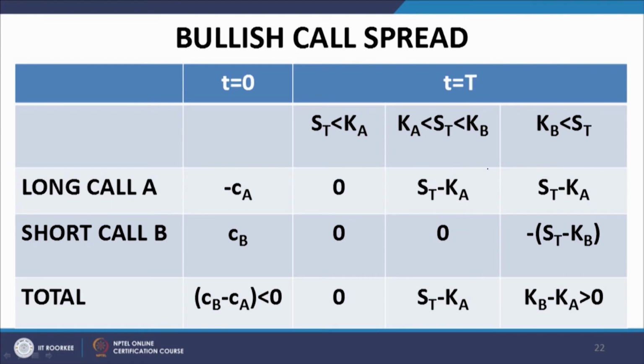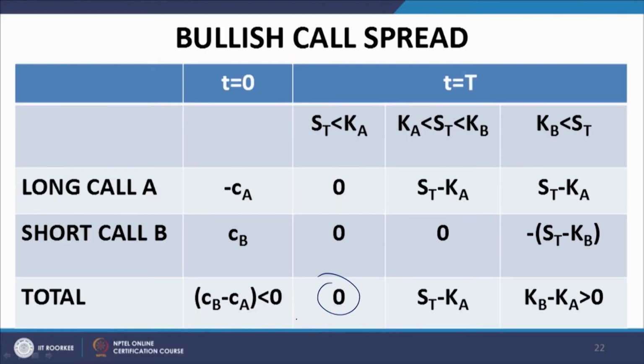You can see here, if S t is less than K A, the payoff is 0, and therefore, the cash flow is equal to C B, that is what you receive, minus C A, which is negative, because C B is less than C A. The exercise price of call B is higher, the exercise price of call A is lower, and therefore, the premiums are inverse of this. And if K A is less than S t is less than K B, then option A